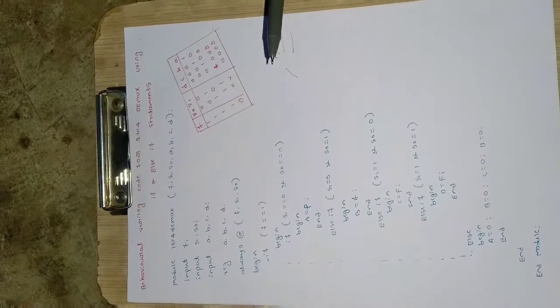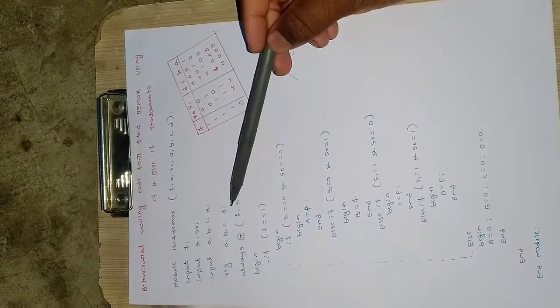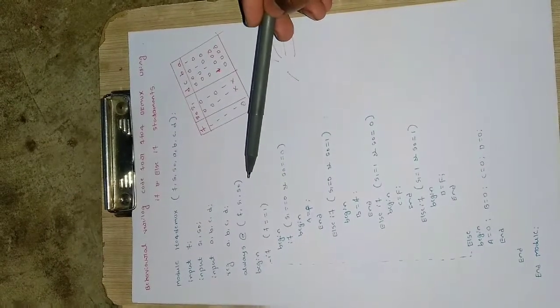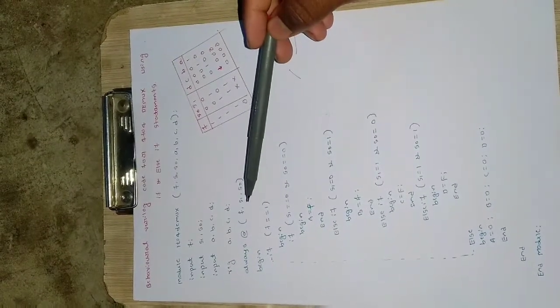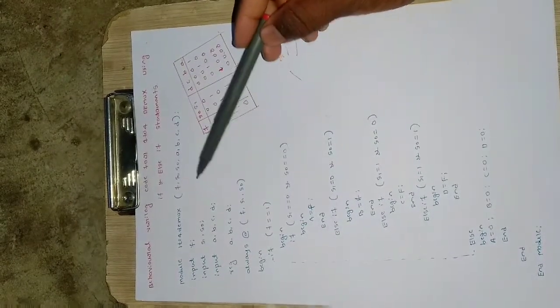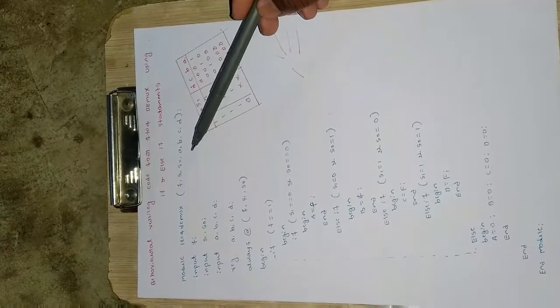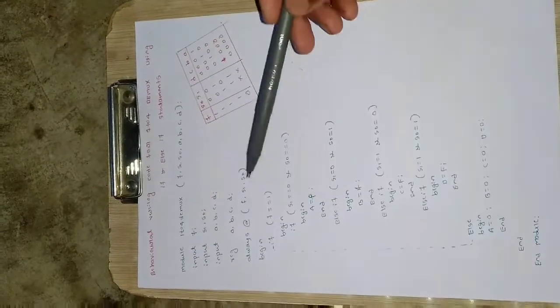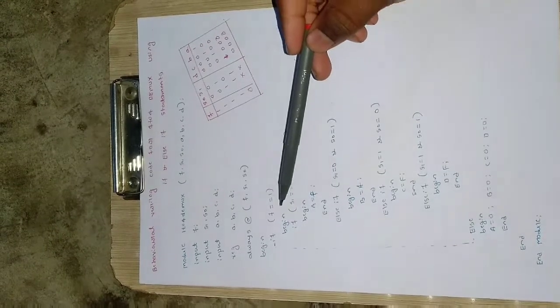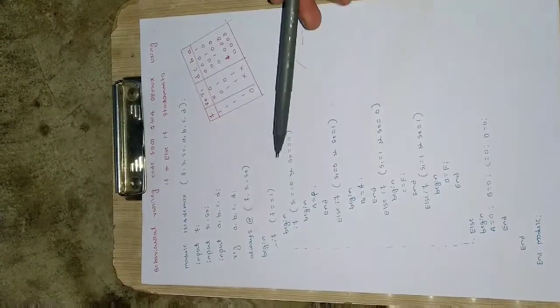Then reg a b c d means store the values of a b c d, then always at f, s1 comma s0. So always at input, it's standard like always at input. The inputs are here f, and s1 and s0. Okay, so for this always we will be having a begin, and then inside that begin we will be writing if. We will check the conditions now.